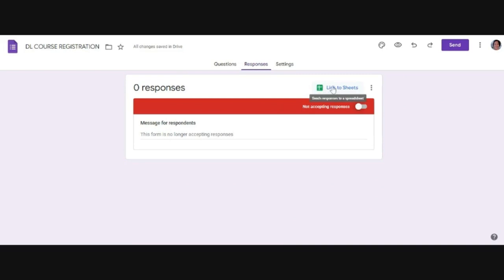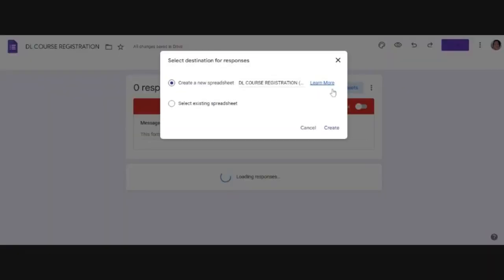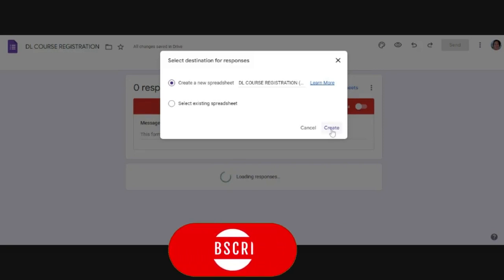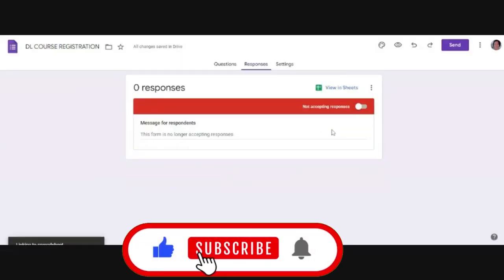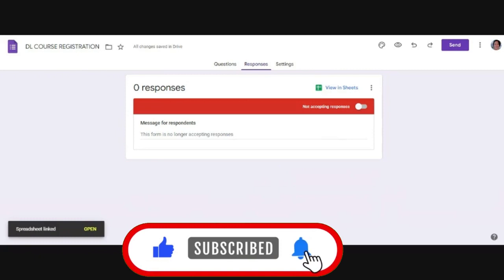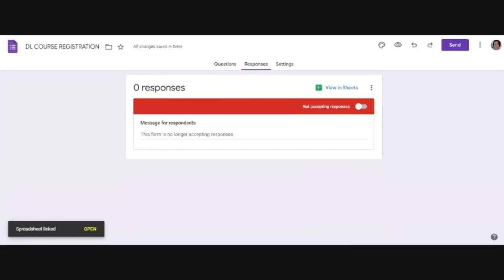You can also link this form to a Google Sheet. So whatever responses come here, you will find it on the Google Sheet to make good use of, just by clicking on this. So if I click on it, this is it. There will be a spreadsheet created. Good. So a spreadsheet has been linked to this document. And once anybody fills the document, the information will go onto that spreadsheet.